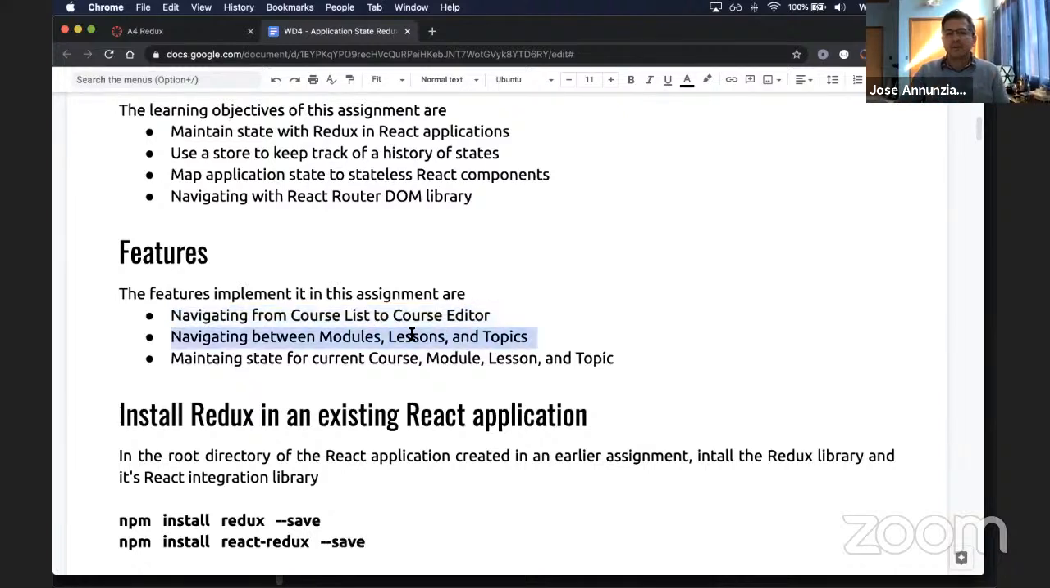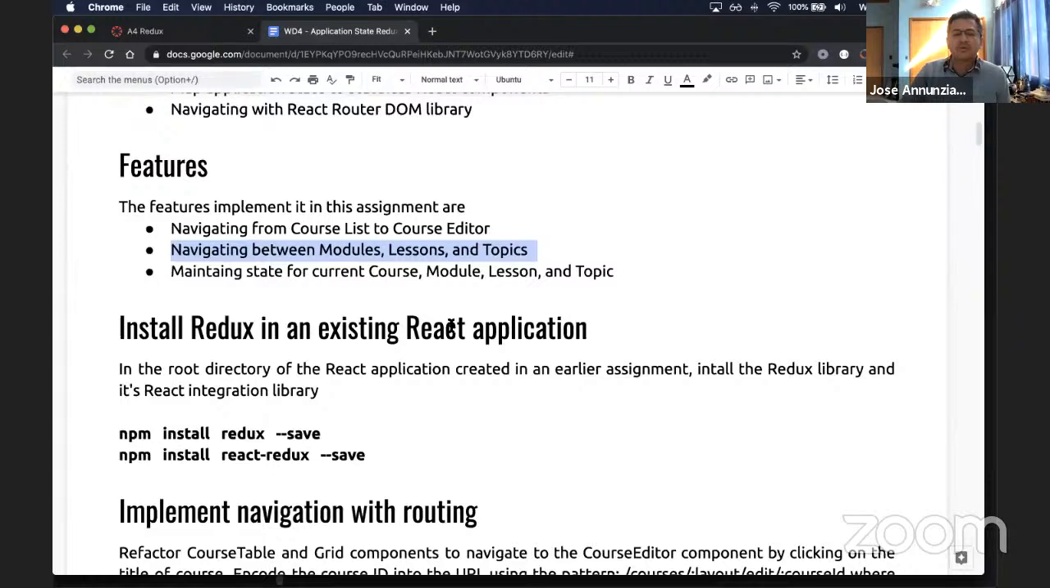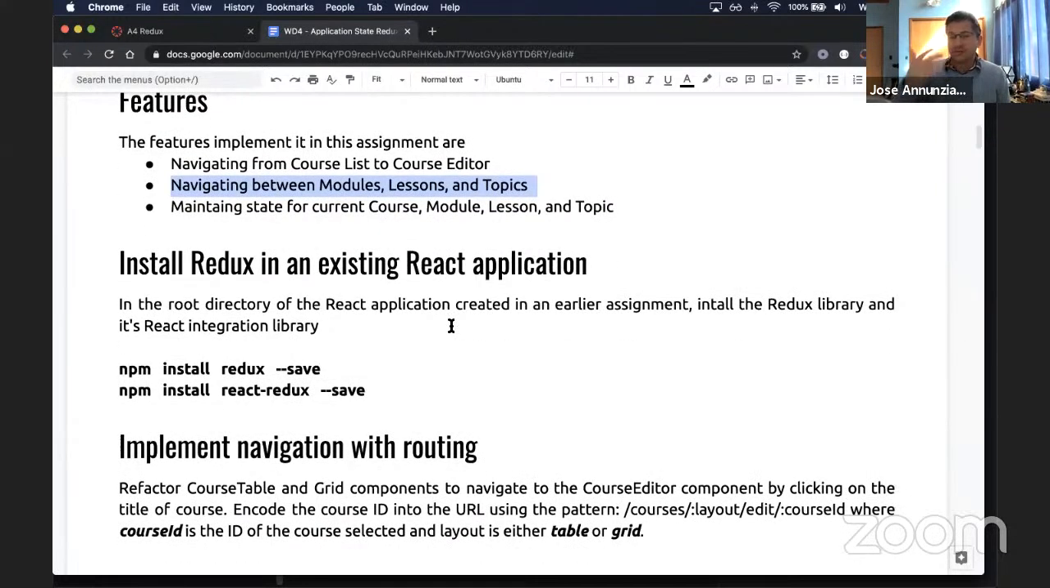We're also going to be able to navigate once you have a module. If you select a module, I want to be able to display the lessons for that module. If you select the lesson, you want to display the topics for that lesson. So how do we create the dependencies between the multiple components, so that if I click on one, the other ones need to re-update? For that, we're going to ask you to use Redux,